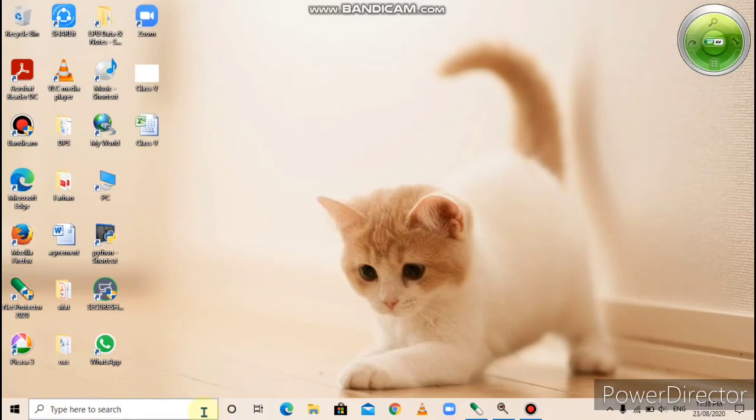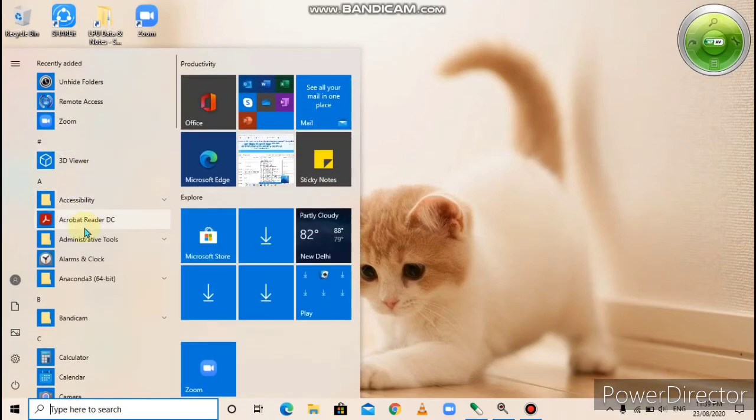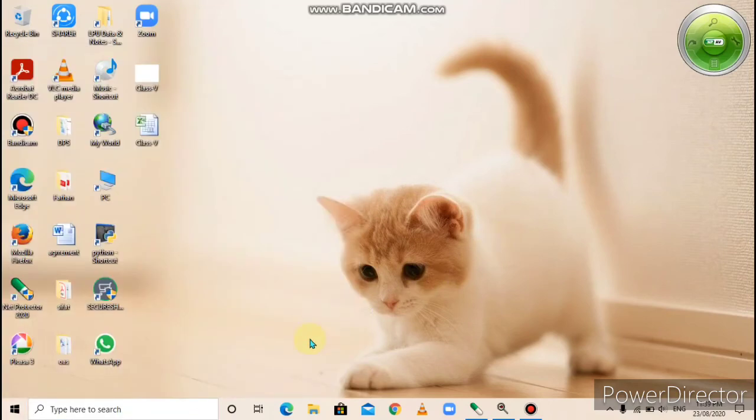Using the search box, we can quickly look for a program or an application on the computer and open it, right? With the help of the search box, we can quickly open any files, any program, any files or folder. You can also open a program with the help of the start menu. But if you want to quickly open any files or folder, then you can search here.